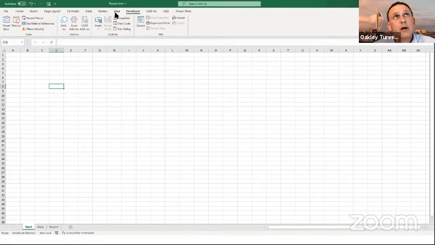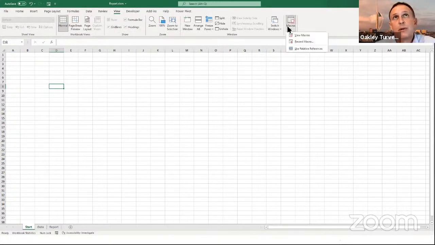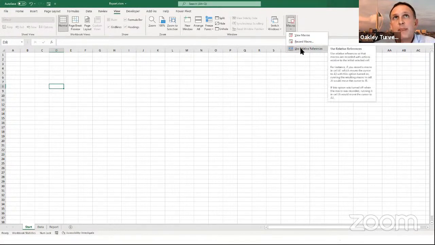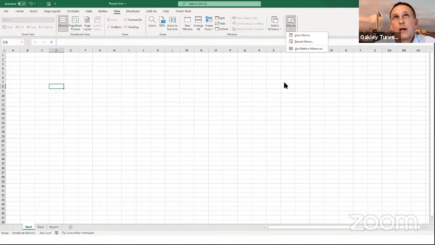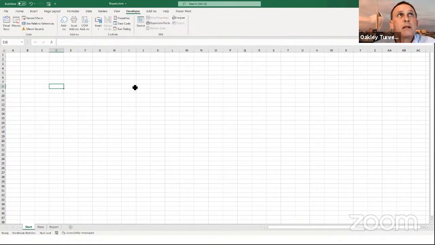And actually, it's even harder to see when you're in the view ribbon. So if we go here, when we click on that button there, when I show it again, it's almost impossible to know that that's now using relative references. It's actually got a very faint outline around that button there. So when I close it and bring it back again, you can see that it now doesn't have an outline. And unless you know exactly what to look for, you're going to miss that completely. So Microsoft, why don't you make them just light up in yellow like you used to? That'd be a great idea.